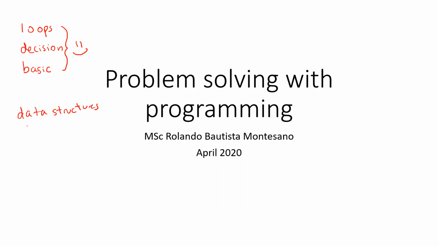There are actually three of them that we need to check. The first one of them is lists. The second one is tuples. And the last one is dictionaries. So these are the ones we're going to be checking for the next weeks.